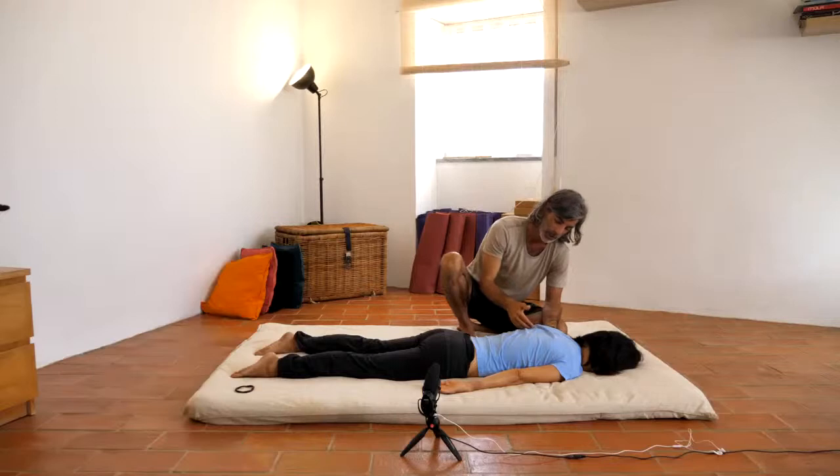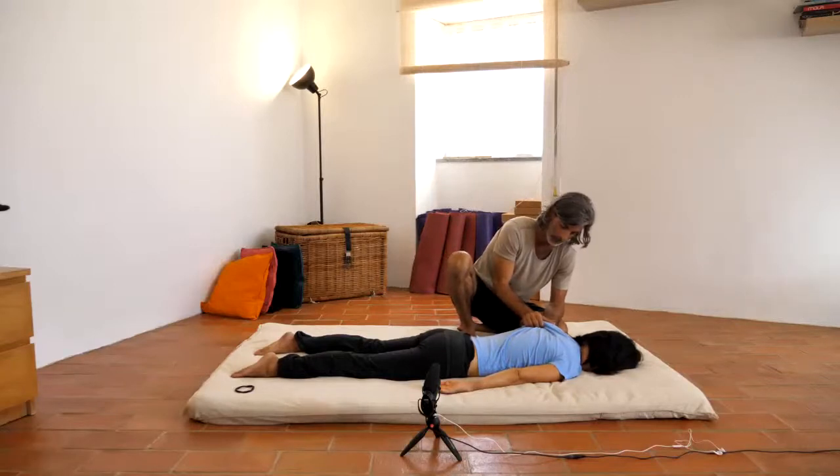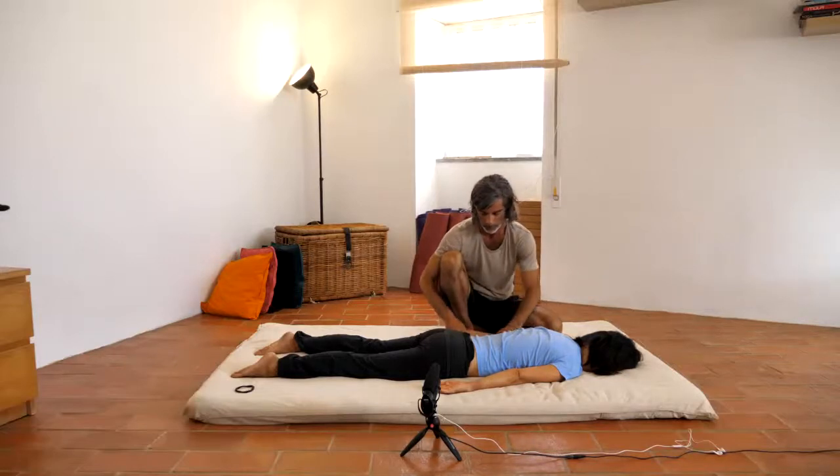Another person might be a little tight, so you're gonna go against that tightness, tracing the border of the shoulder blade, just pushing in a little. If the person's body allows you to put your fingers a little under, this requires a bit of experience to feel how much, yeah? So be super, super conservative. And then